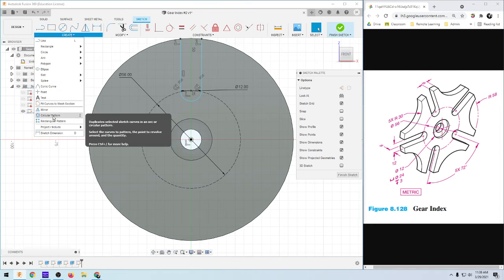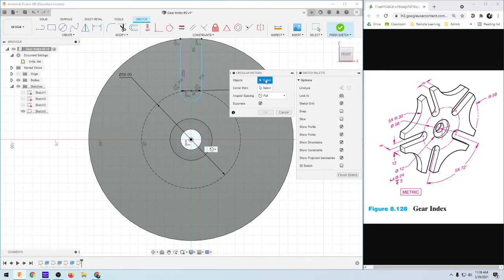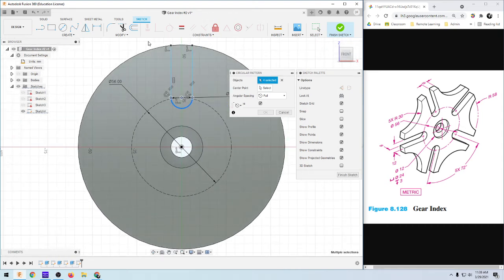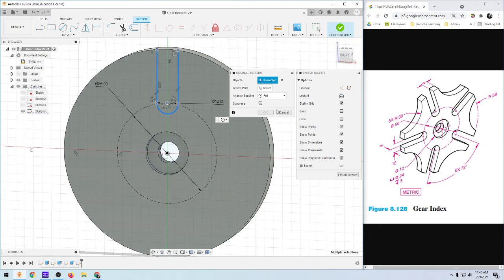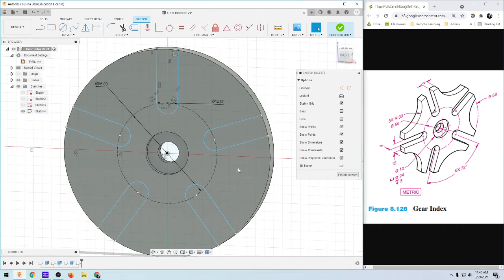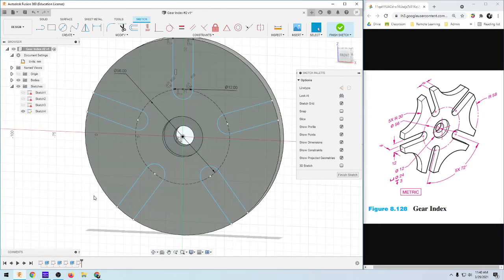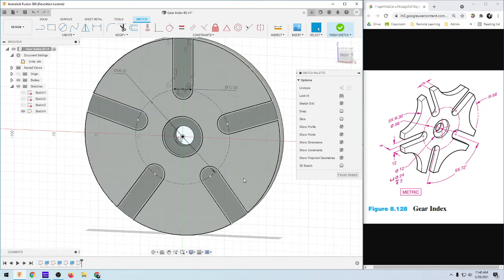From here, now I want to make a circular pattern. So click on circular pattern. It's going to ask you the objects, so you can make a window and select them. And we want it full. I don't want it suppressed. Full. What's going on here? Oh, center point. Okay. So click the center point. Select down here, and then our center point is going to be the origin. Now it asks you how many, and we want 5. So 5 and enter. Okay, cool. So now we have these 5 equally spaced